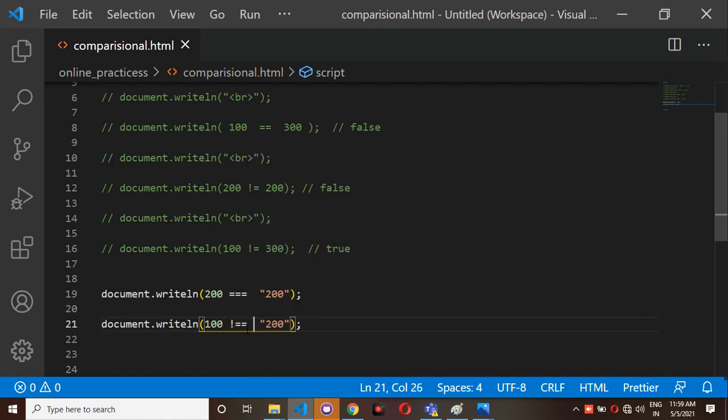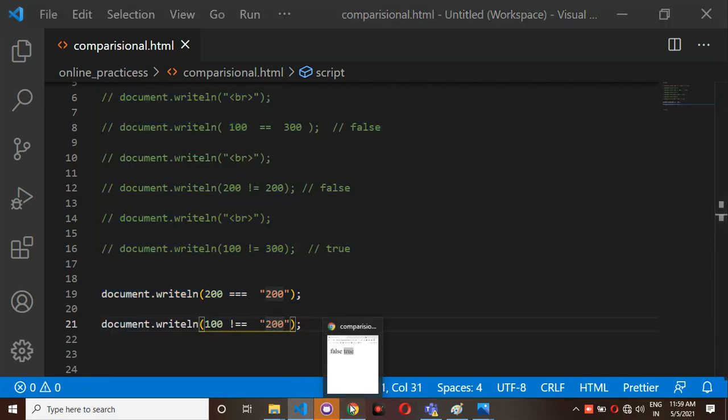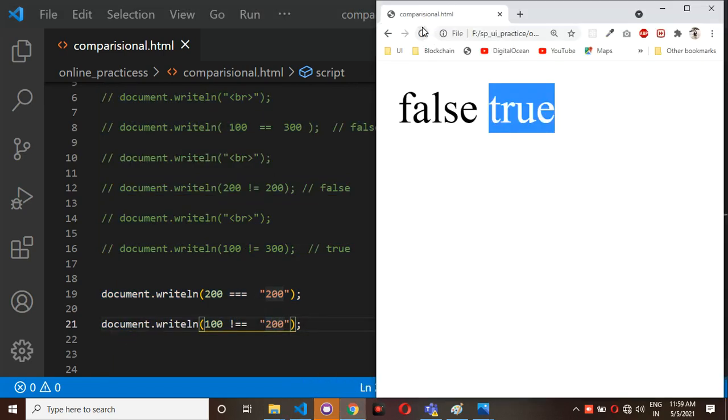This will check whether both values are equal or not, as well as whether the data types are different or not. One is false and one is true. Here the values are different data types and both values are not equal. So that's why you are getting true.